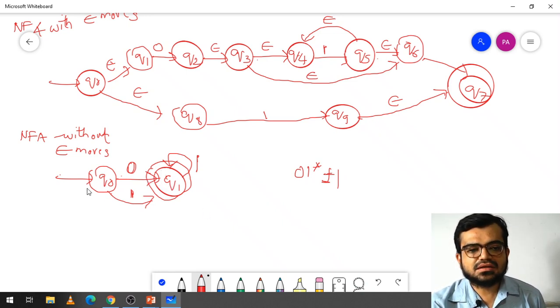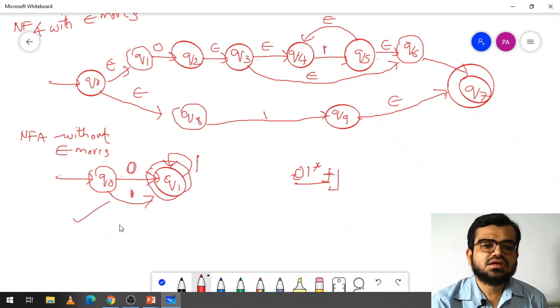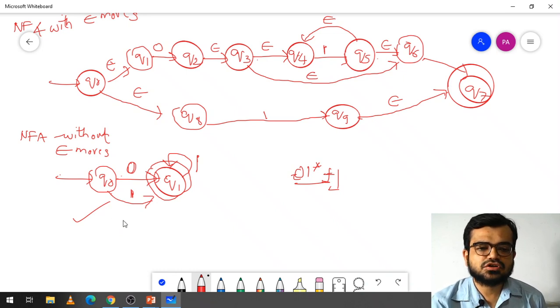So it's very simple. Q0 is there and Q1 is the final state, and it is repeating. So if you see 0 0, it is there, initial state, and 1 closure. So this is 1 closure, and are you reaching the final state? Yes, this is your final state. Then plus means another option here, 1. Either you have to take this or else you have to take this. So if it is 0, if not 1, are you reaching the final state? Yes. So now this is your NFA. This is your finite automata.